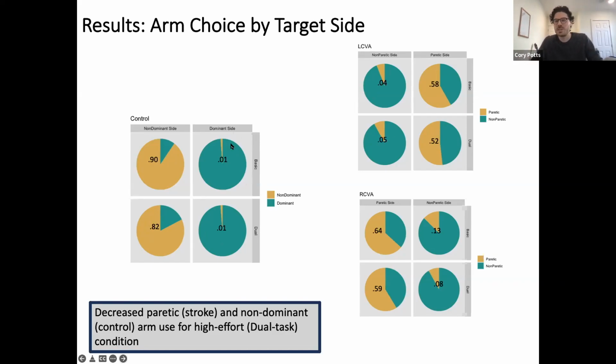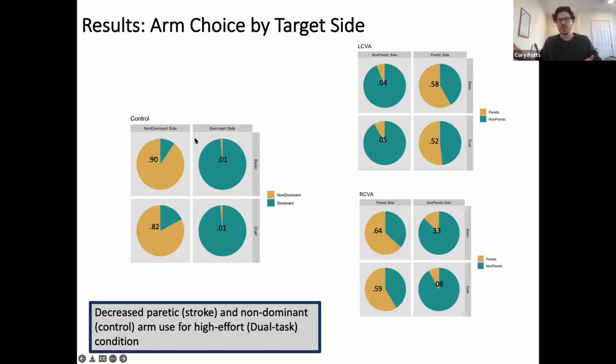What we're most interested in is the discrepancy between the green area on the non-dominant side comparing the basic and the dual task condition. You can see that there is a growing green area if you compare the two, or a decreasing yellow area, to put it the opposite way. What that's indicating is that these individuals are crossing over the midline with the dominant right arm into the opposite side workspace more frequently during the dual task condition compared to the basic condition.